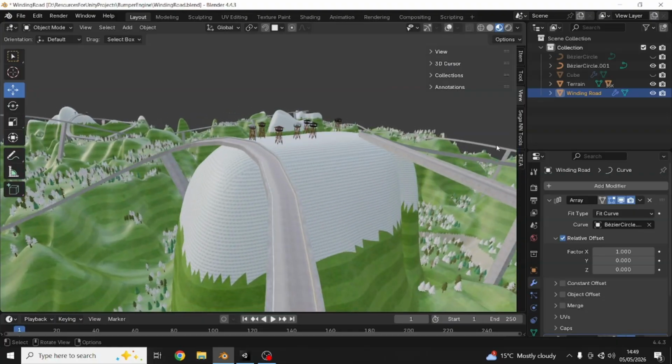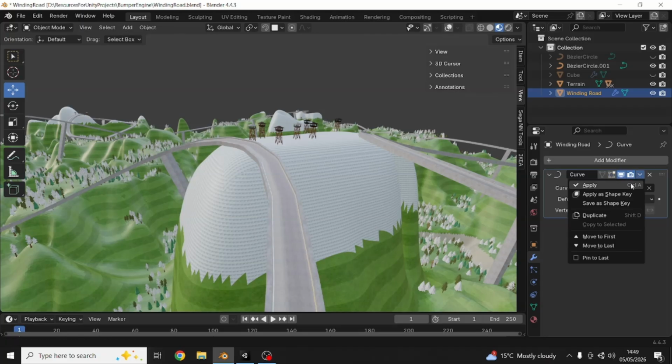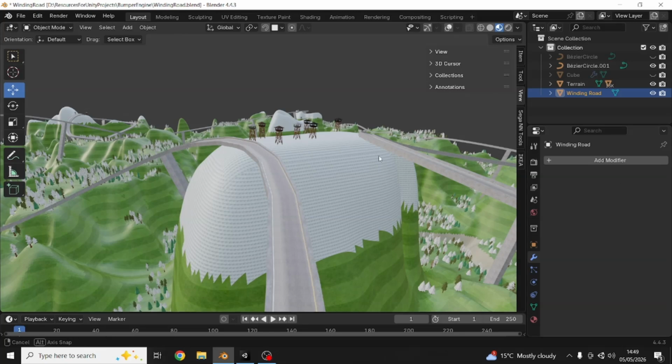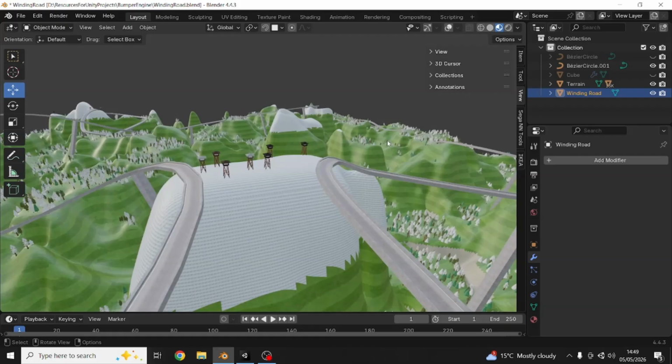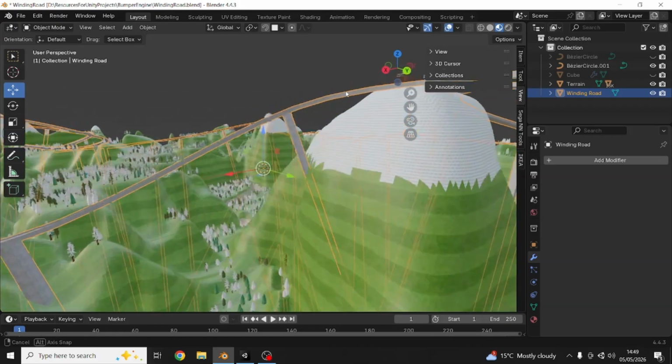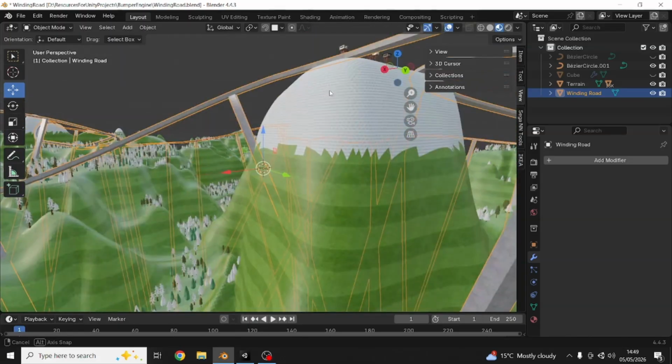And then I want to apply these modifiers. Let's make sure we apply them in the right order. So it's array and then curve. And yeah, that is now done. I don't even know if I have to do that. I chose to do that for my sanity's sake. Anyway,